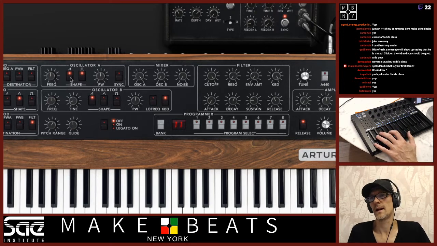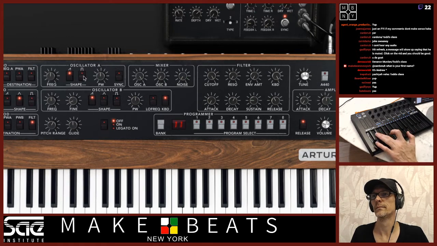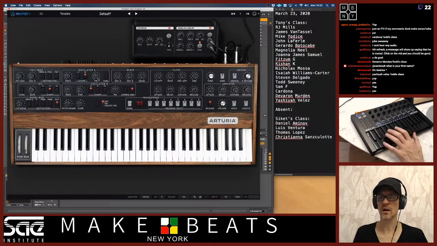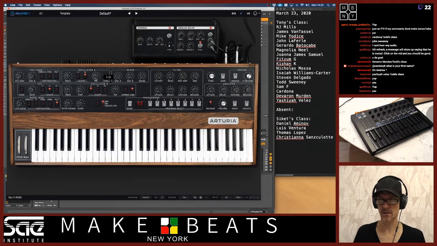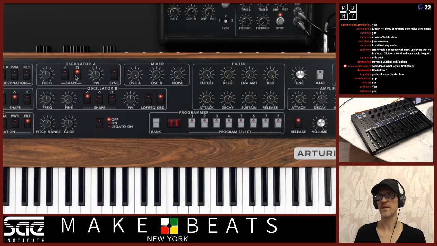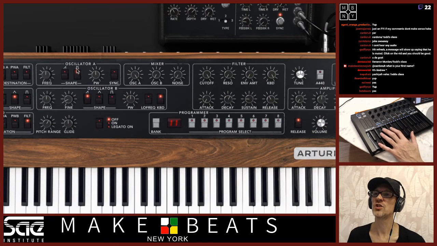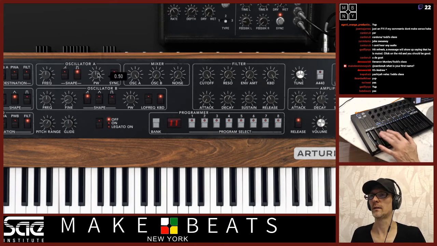and I can have them both playing at the same time. And when you have the square wave synth here, you can also have a pulse width modulation. Now what this does, we didn't really talk about this before, but what this does is it actually changes the width of the square wave. So let's listen to that real quick.